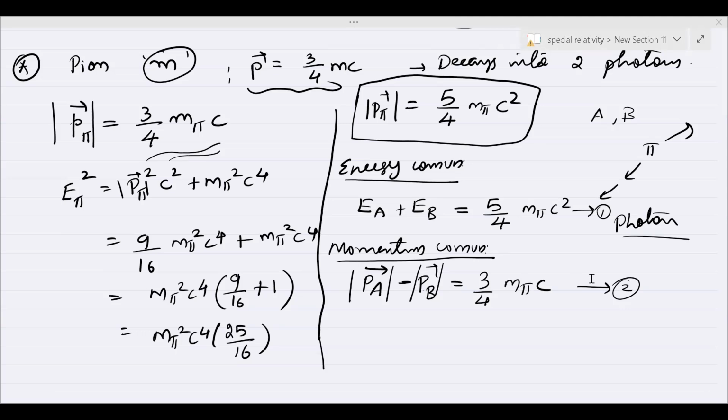Yes, sir. How can we solve this? We've got one equation for total energy and one equation for total momentum. How can you solve this for the energy of the photons? E square is equal to